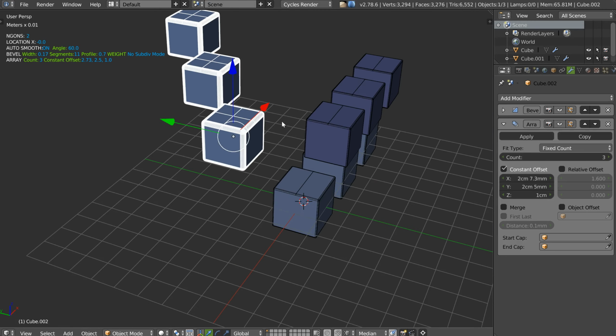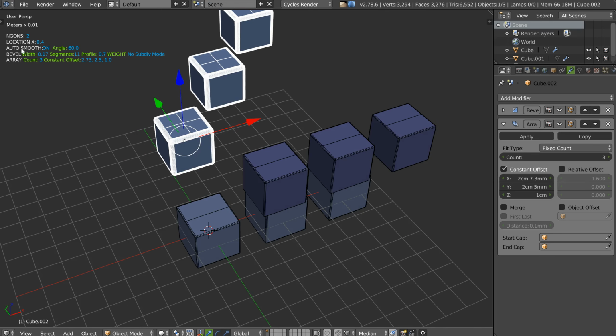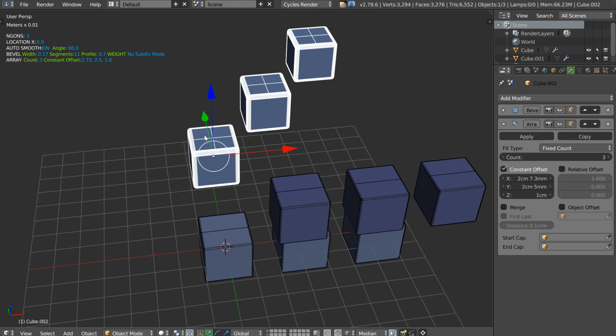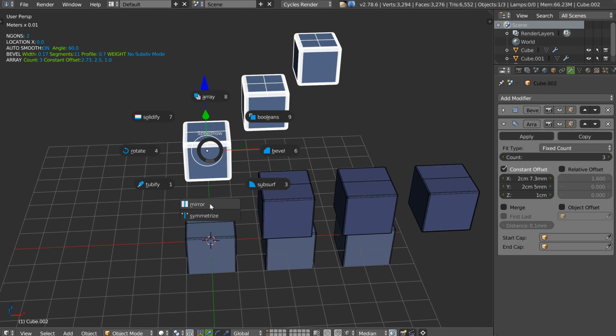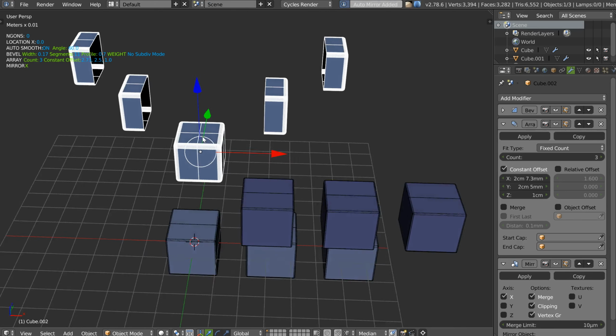I also wanted to see if my object is placed correctly on the X, and as you can see, it's not. So I will make an align to X like this to place it directly on X. Like this, I will be able to make, if I want, an auto mirror here, for example.